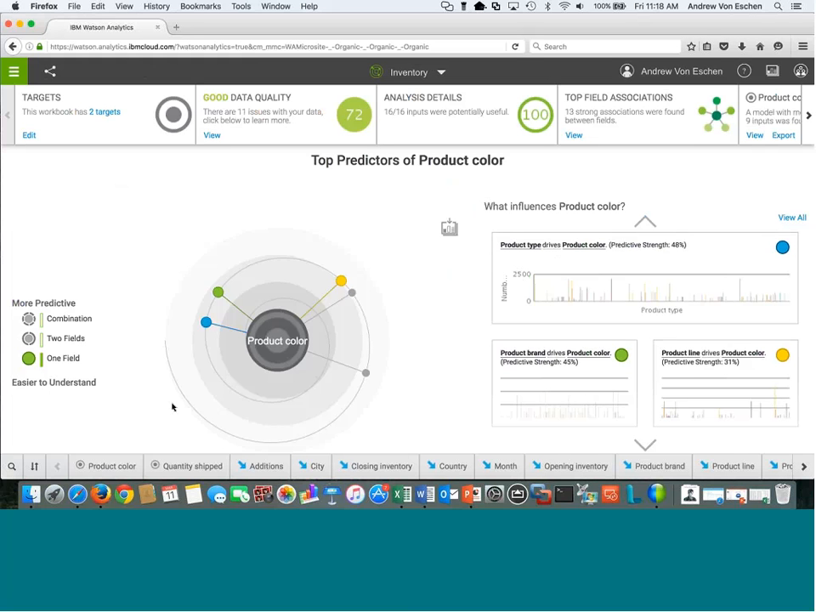Now, as I jump in here, I can see the same targets that I had. It gives me my data quality score, so it says there are 11 issues with the data. I can click more to learn about that. I can look at some analysis details, right? So it actually used all my inputs successfully. I've got some association between my fields, so it says that I've got 13 strong associations between my different columns. I might want to explore that a little bit further, but the big thing I want to focus on here